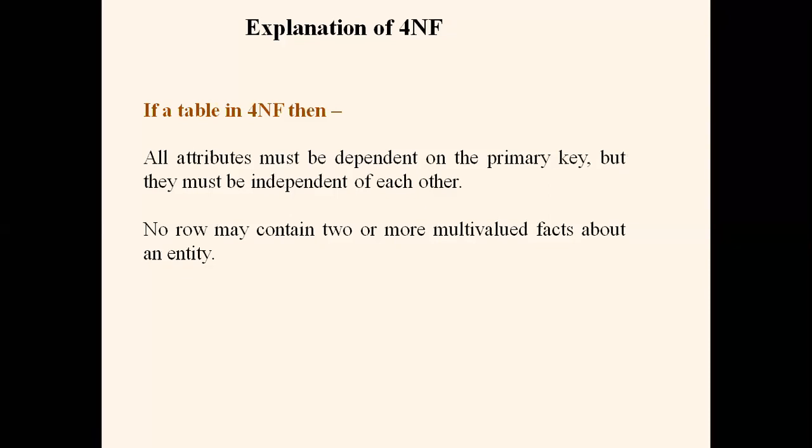Now, what happens? Primary key. So B and C are independent of each other in the earlier case. B and C are independent of each other, but both are interrelated with the help of A. So B and C depend on A because A becomes the primary key for the table.